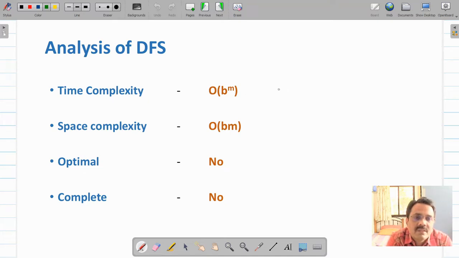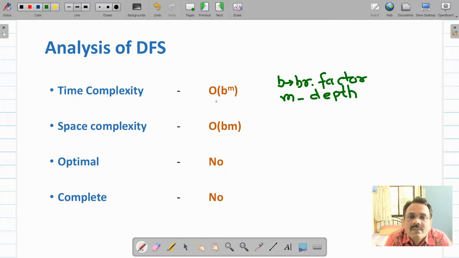If your solution is somewhere rightmost bottom of your search tree, so here b is your branching factor and m is the depth at which you have found solution, the depth of your search tree. So since you have to visit all the nodes, in worst case time complexity is exponential, that is order of b raised to m. What about the space?